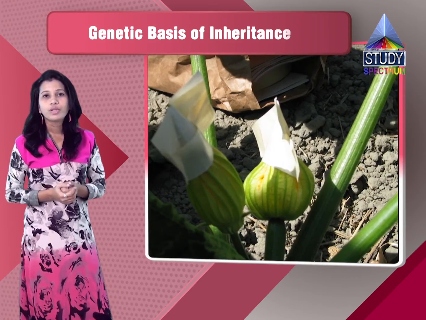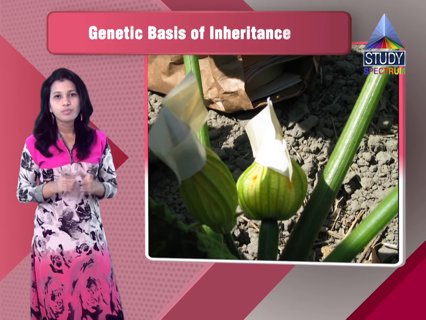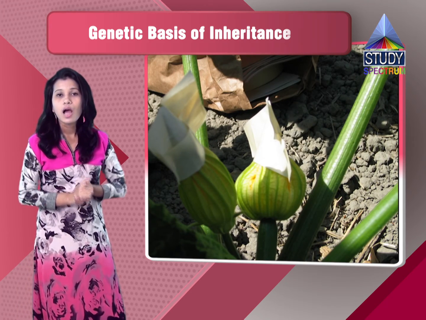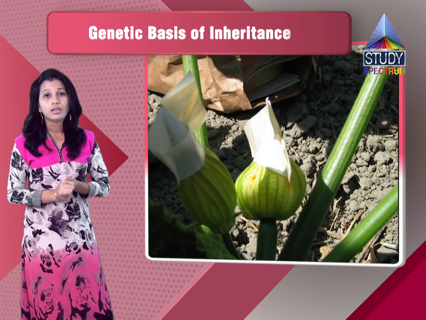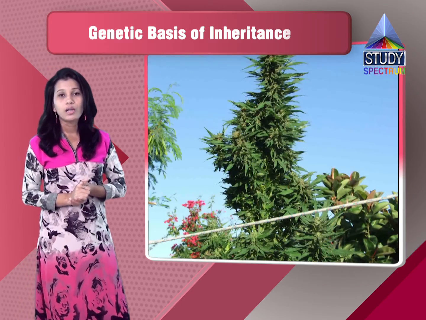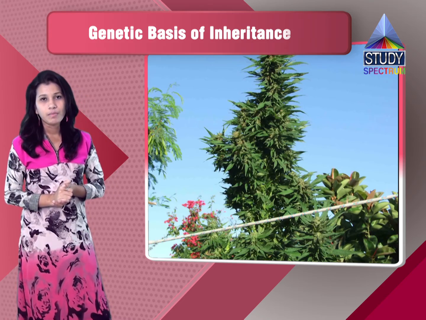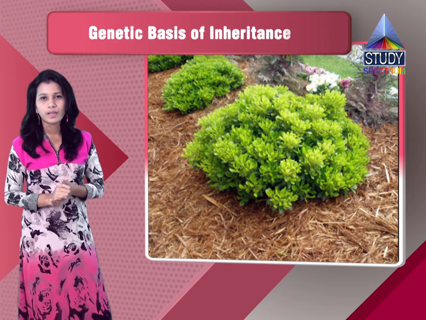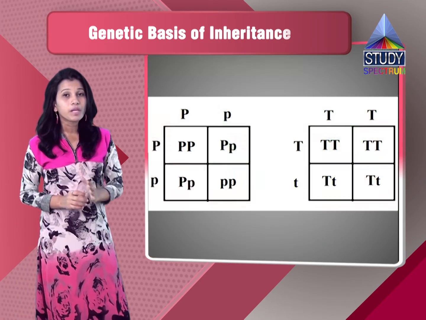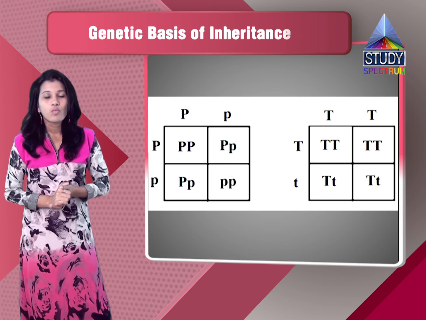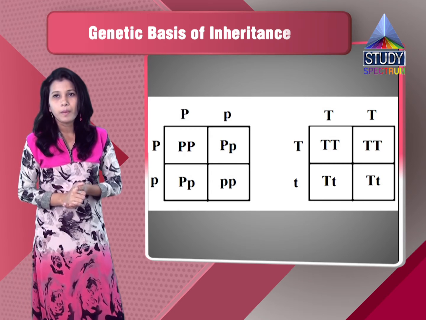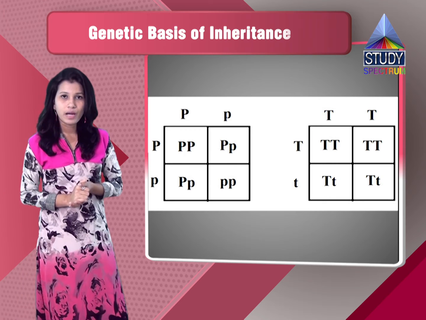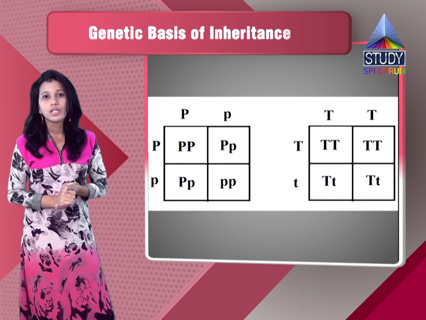Then after using the Punnett square and finding out what will be the products, we can see that out of the 4, there is one plant which is pure tall. Then there are 2 plants which are hybrid tall, and the last plant will be the dwarf plant. Phenotypically we can't say what the genotypes are, so we can just morphologically explain that there are 3 tall and 1 dwarf plant. So the phenotypic ratio will be 3:1.